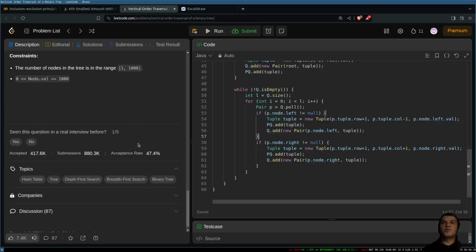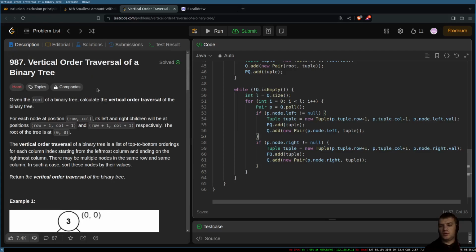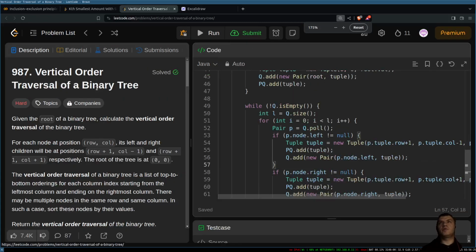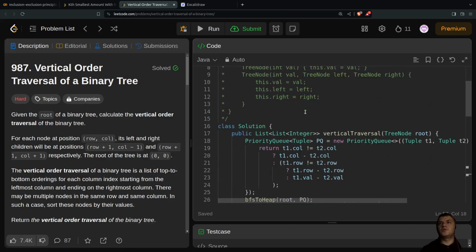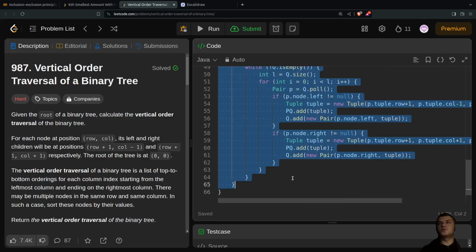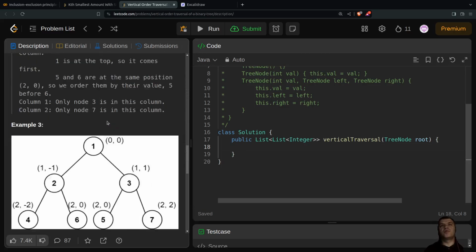Hello, today's problem is 987, vertical order traversal of a binary tree. I already coded a solution. I tried actually doing DFS because I didn't know that I knew it, but I didn't